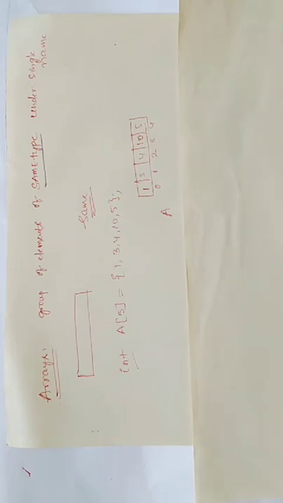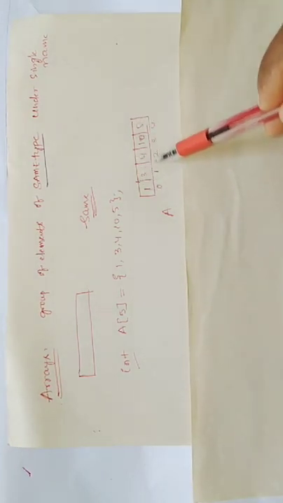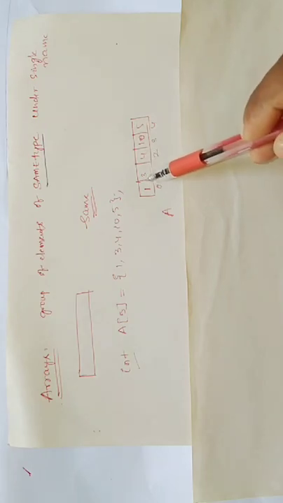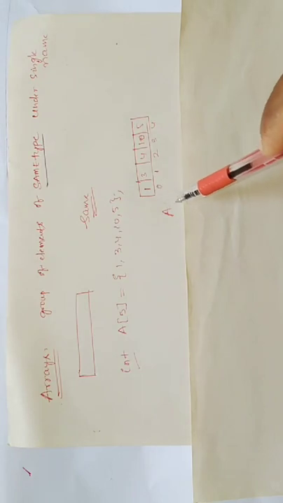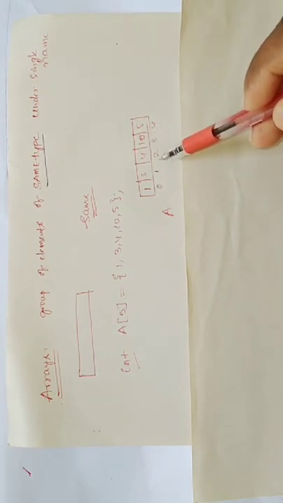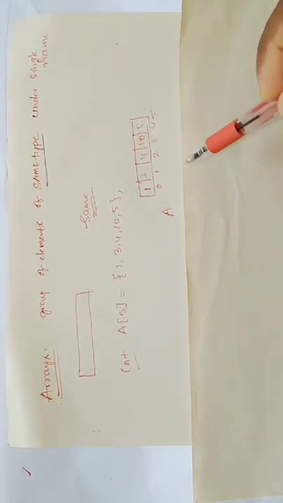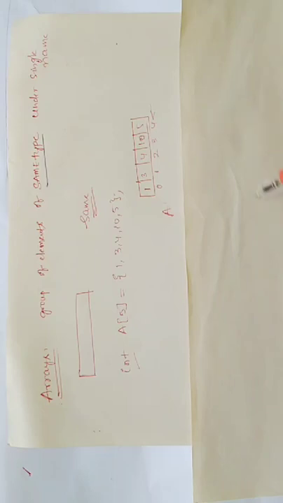Now after declaration, this is the memory point of view. So 5 locations will be available to us, and all these locations are under the name A, and these will be distinguished as 0, 1, 2. All these are called what? Indices, and we call this A of 0, A of 1, A of 2, and so on.